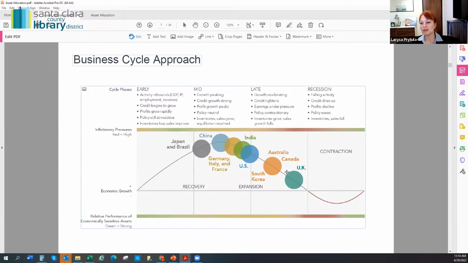As we approach a late cycle, like the US was in a late cycle, maybe we're approaching contraction, we need to start thinking about decreasing risk in your portfolio to a certain degree, or at least evaluating it. So the business cycle approach is very important because in the late cycle, where we are right now, the economy is growing moderately, earnings could be under pressure, even though we've seen earnings reported yesterday and the day before yesterday, they're still pretty strong for a lot of companies. Nevertheless, the majority of companies might have pressure on their earnings.